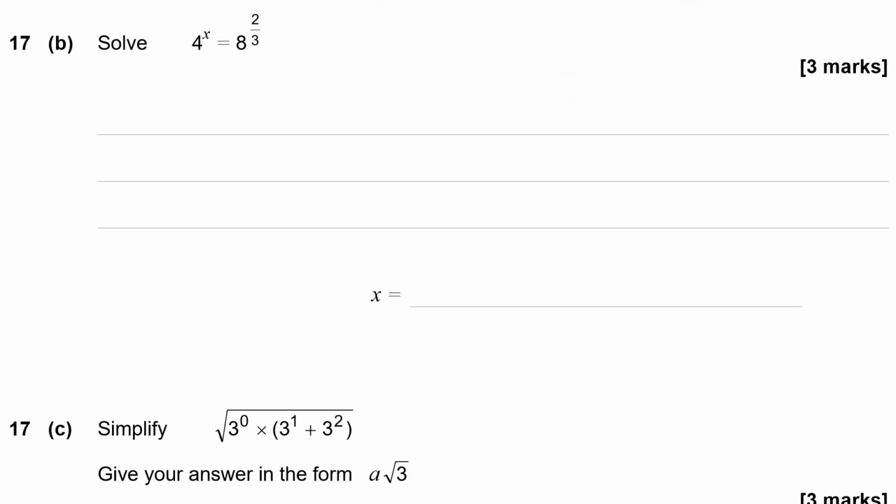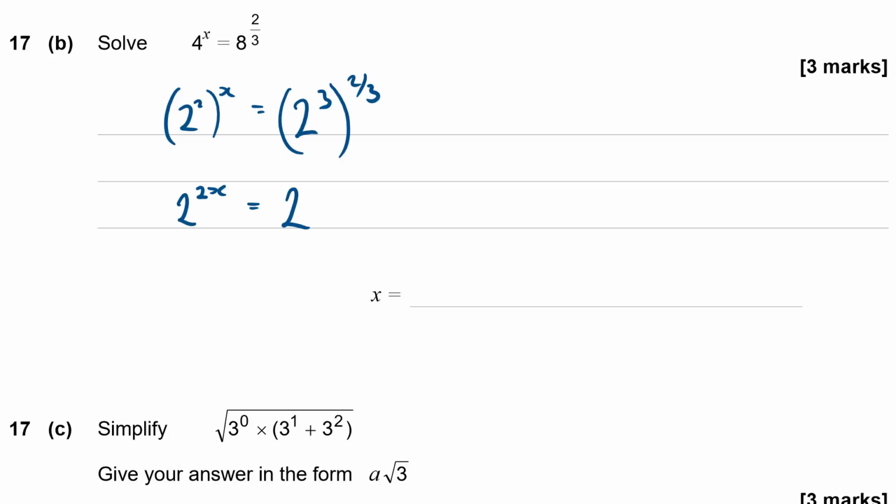Question 17b, solve 4 to the power of x is 8 to the power of 2/3. Okay. Let's try and make the bases the same for both these numbers. 4 is the same thing as 2 squared. So 2 squared to the power of x is equal to 8. Now 8 is 2 cubed. So 2 cubed to the power of 2/3. Okay, so when you've got an index and an index like that, you multiply them together. So that's the same thing as 2 to the power of 2x is equal to 2 to the power of,